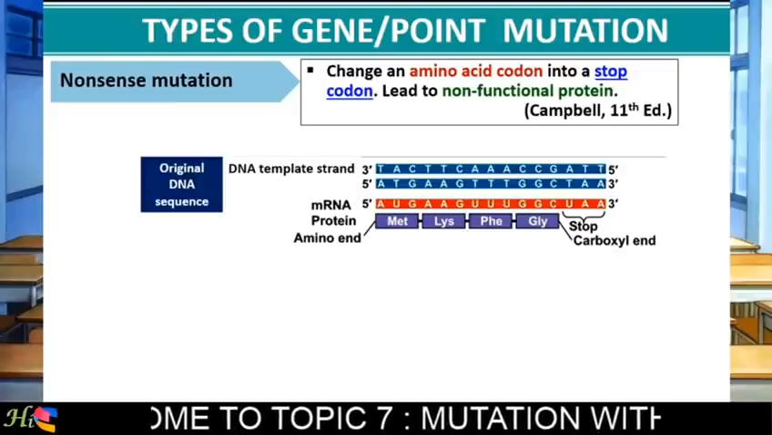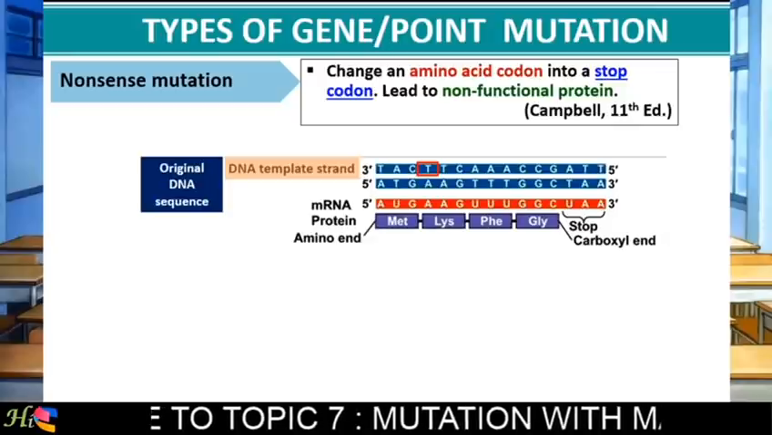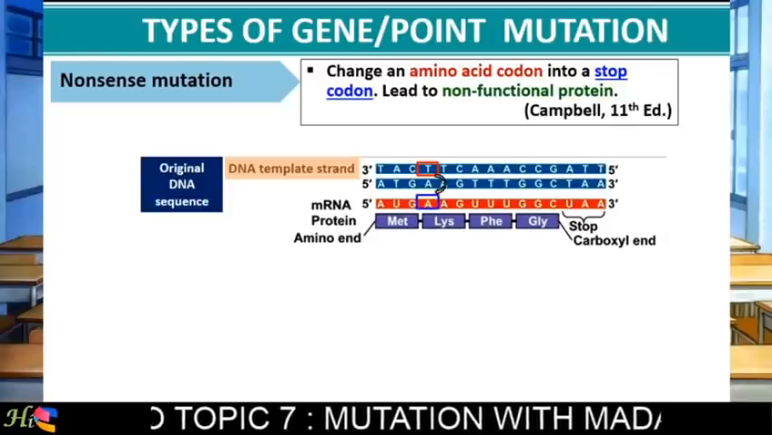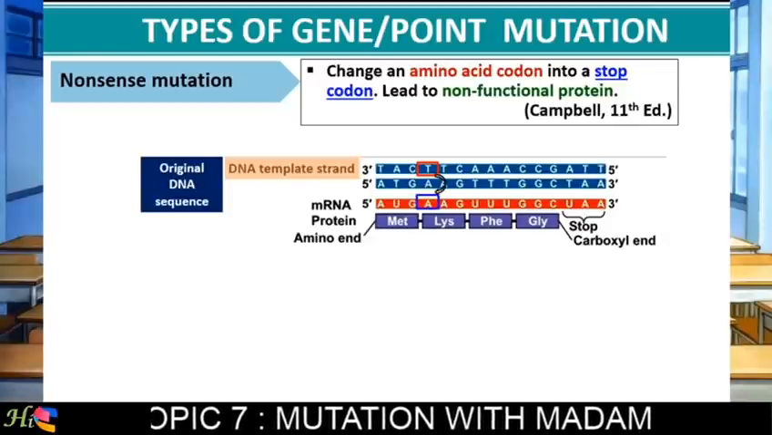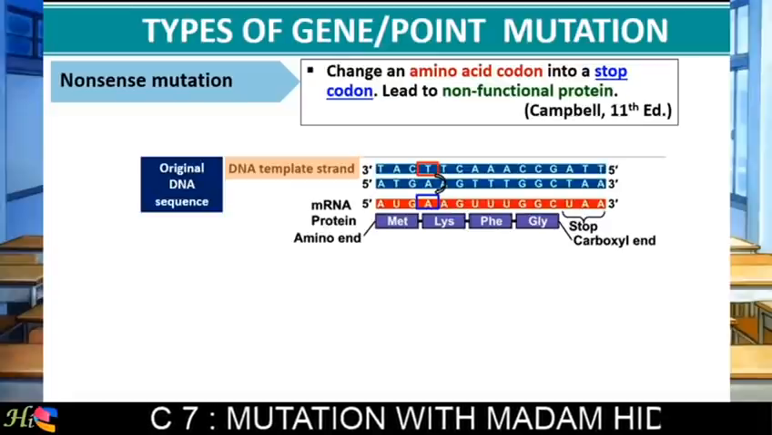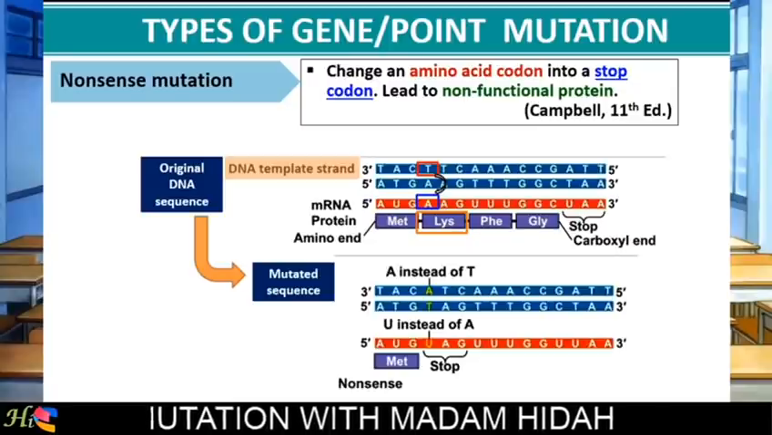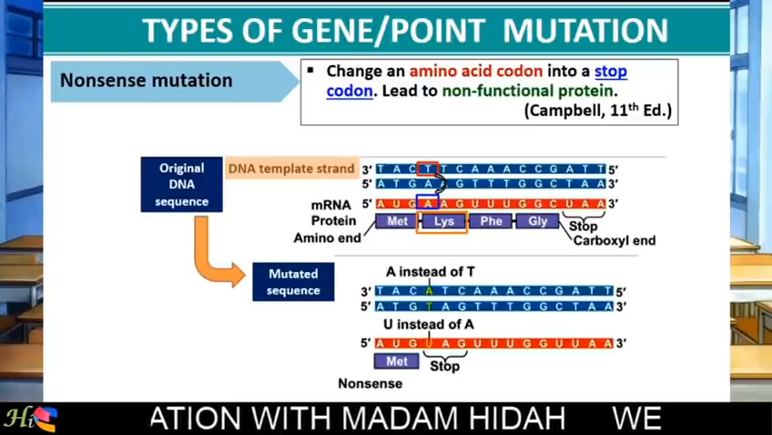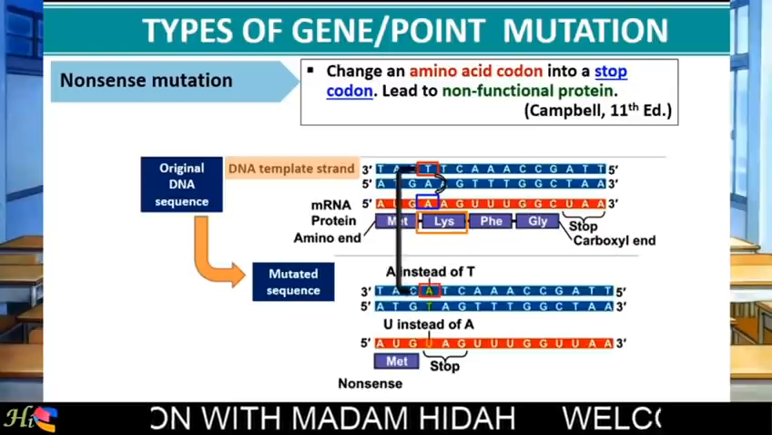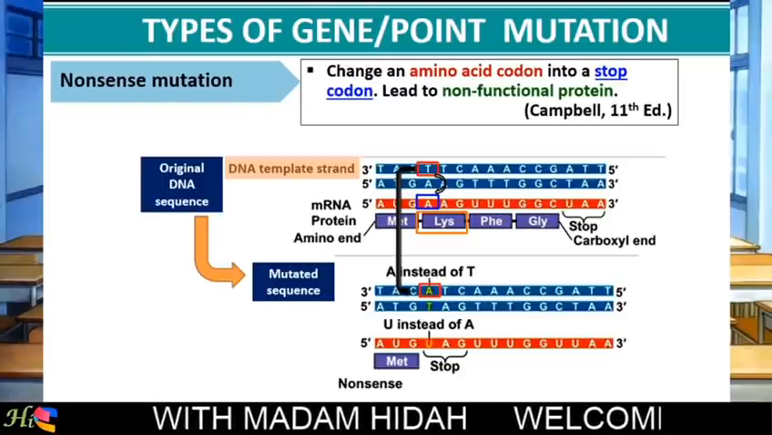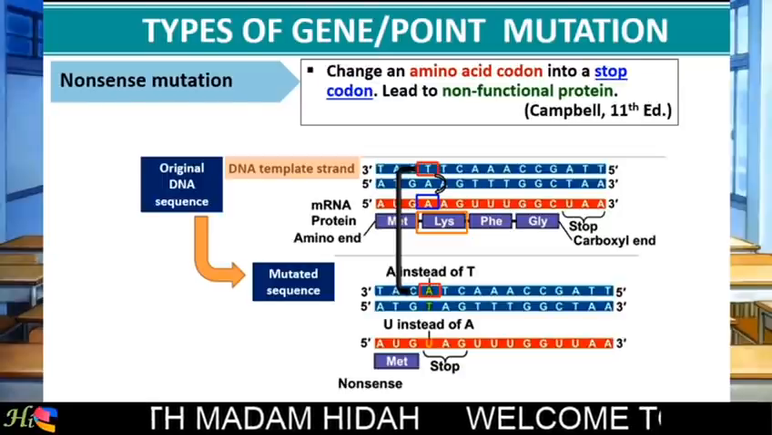In the diagram, the thymine base in the DNA template strand will be transcribed into an adenine base in mRNA. The codon AAG will be translated into the lysine amino acid. When the base substitution occurs, an adenine base replaces thymine in DNA. Adenine will be transcribed into uracil,